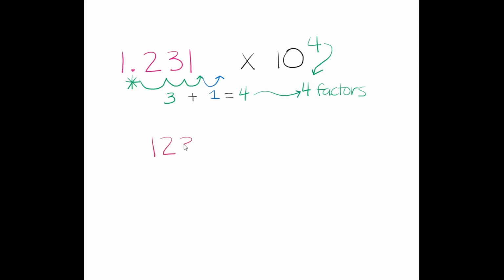When converting from scientific to decimal notation, first look at the exponent. This numerical value equals the total factors of 10 we have to consider. Then, start at the decimal point and move it this number of places to the right, if possible. Here, we were only able to move 3 places, which means we need 1 more place, or 1 added 0, to equal the 4 total factors shown by the exponent. When we write this number in decimal notation, it becomes 12310.